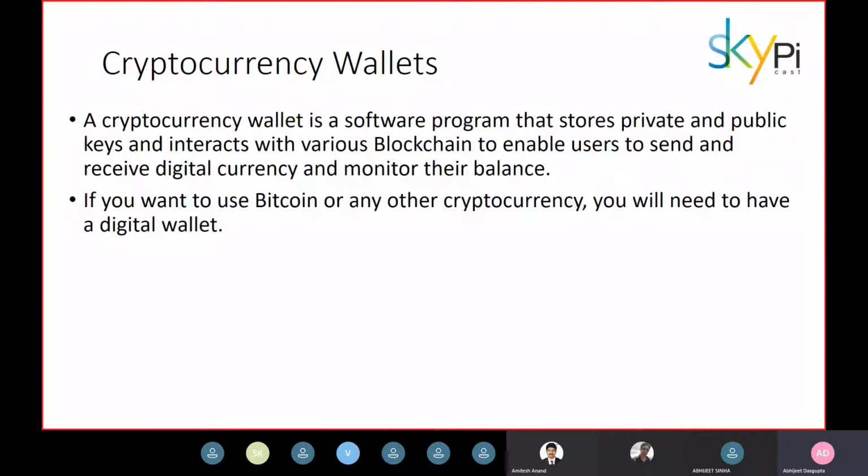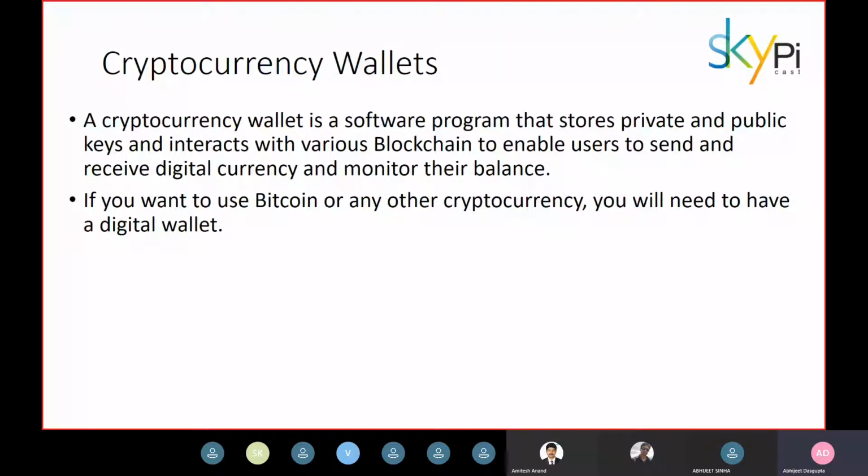When we talked about transactions and blockchains in our previous session, we talked about the cryptography algorithms, the asymmetric cryptography, which uses a public-private key pair to encrypt and decrypt your transactions. This wallet program can generate these keys and store your private and public keys. What happens in a wallet is you generate your addresses. When you generate an address, you basically create a key pair.